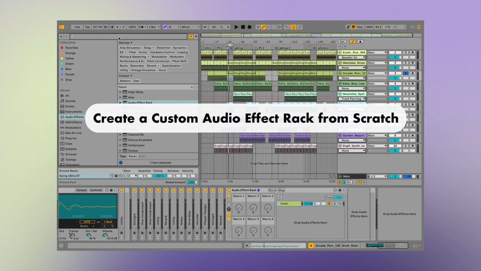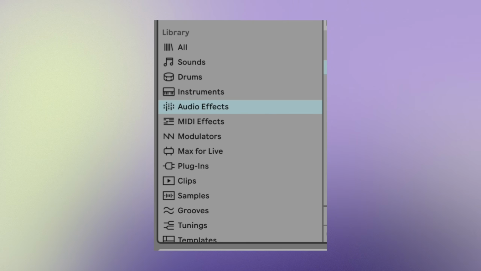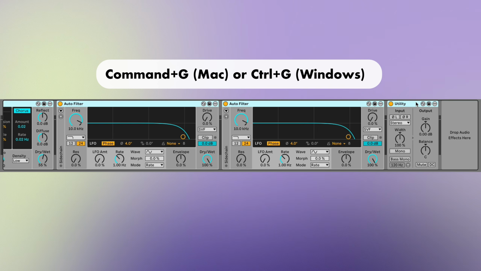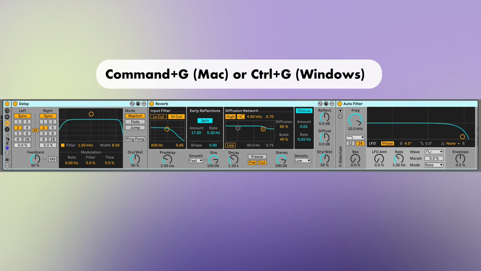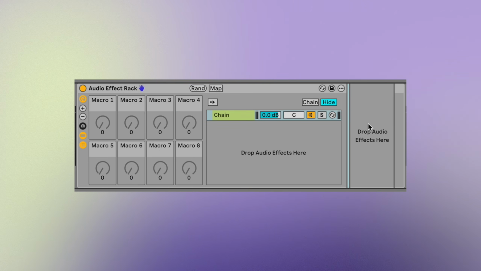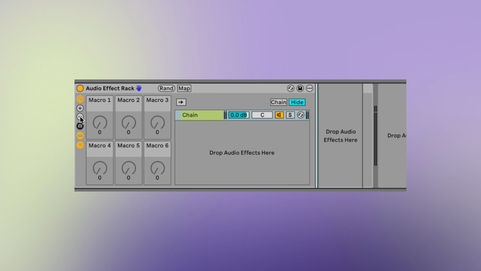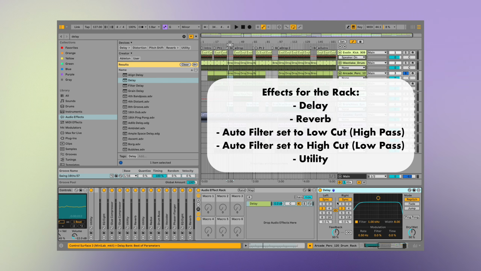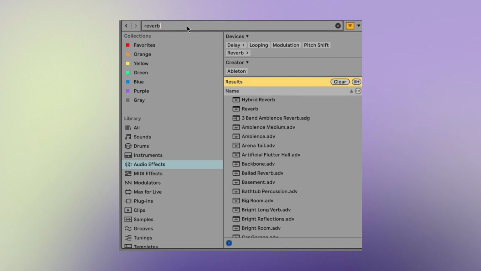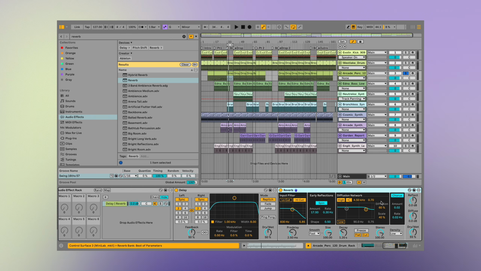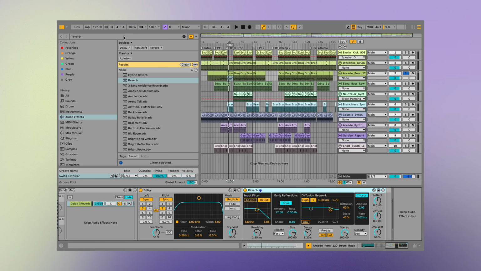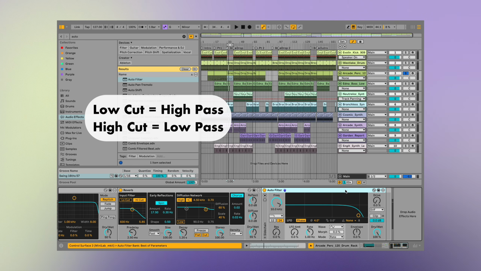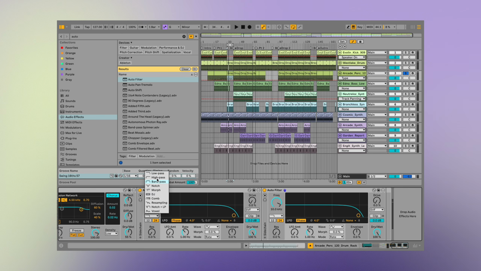Start by adding an audio effect rack from the audio effects panel. Or you can drop your effects first and create a rack using Command G or right click. Keep only six macros. We'll use them for control. Now drop in the effects in this order: delay, reverb, auto filter, set low cut filter, auto filter, set high cut filter,